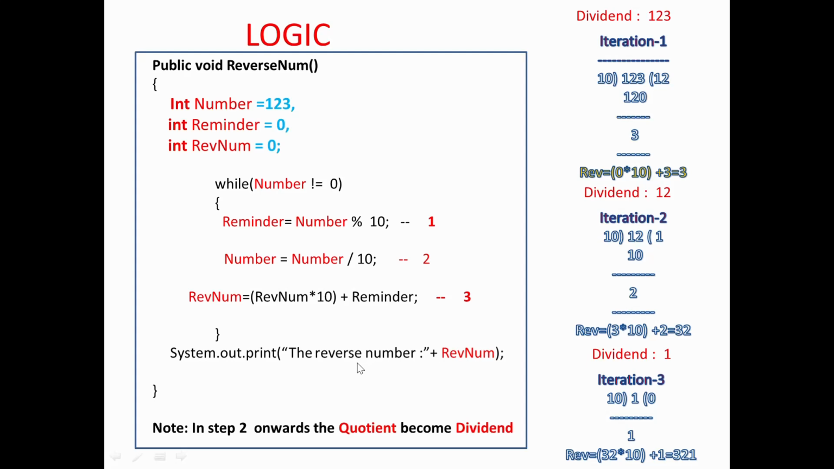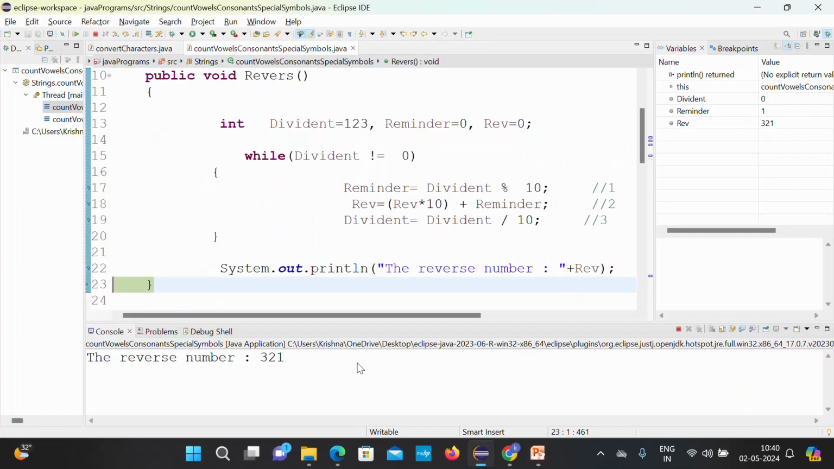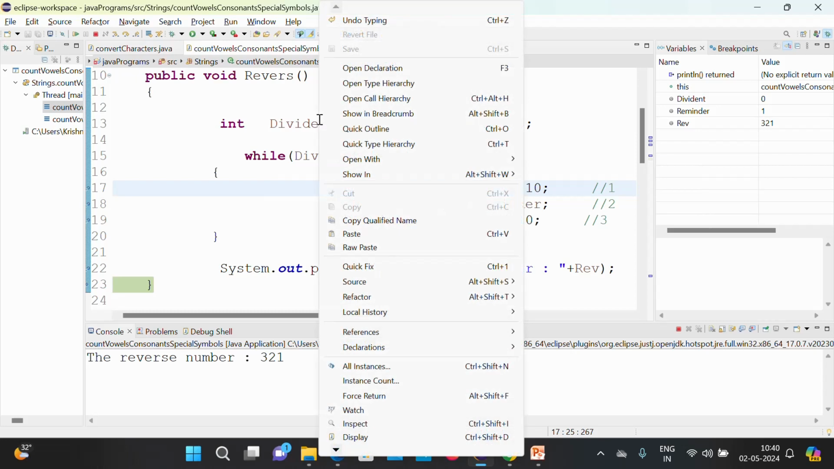And finally, whatever value is there in the reverse number, that value is printed in the console. So the same program I will show you in Eclipse. Here you can see I have already written the same code, and I will execute the same code